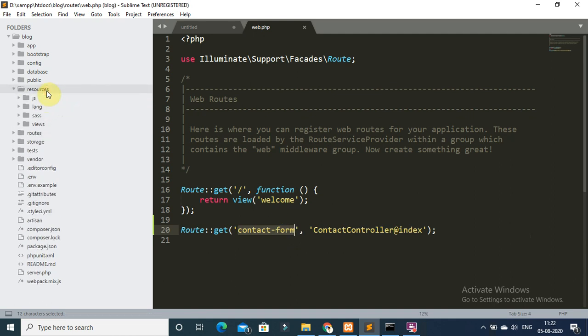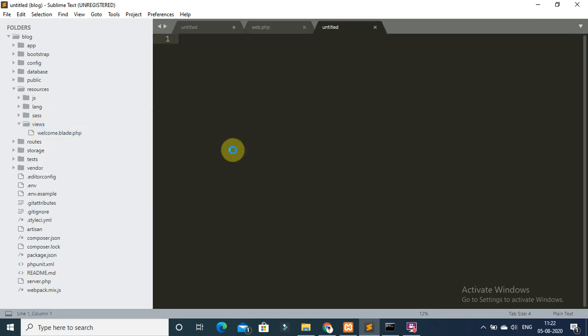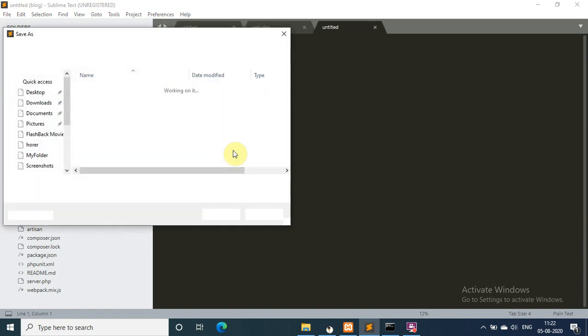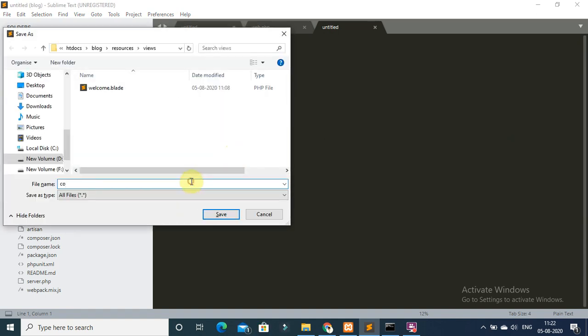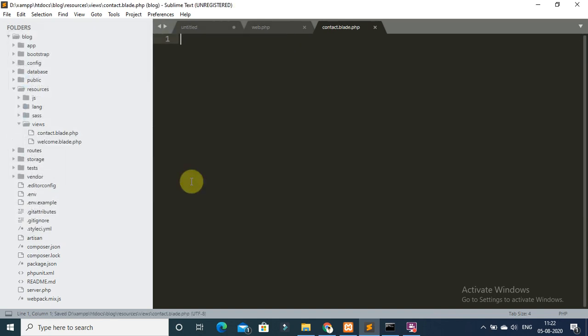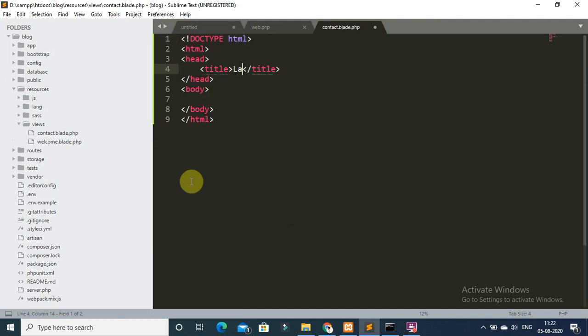Now I will create a view file. So go to the resources directory and views directory, then create here a contact.blade.php file, and create an HTML view. Laravel form submit with validation. Now open your web browser